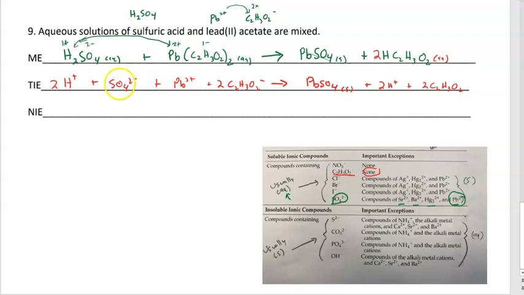We're going to identify what remains as ions in aqueous solution on both sides. Hydrogen is aqueous on both sides. Cross it off. Sulfate is a part of that reaction. It forms a solid compound, so we keep it. Same with lead. Acetate is in ion form on both sides. So all we're going to do is take our sulfate ions and our lead ions to yield lead sulfate solid. That is